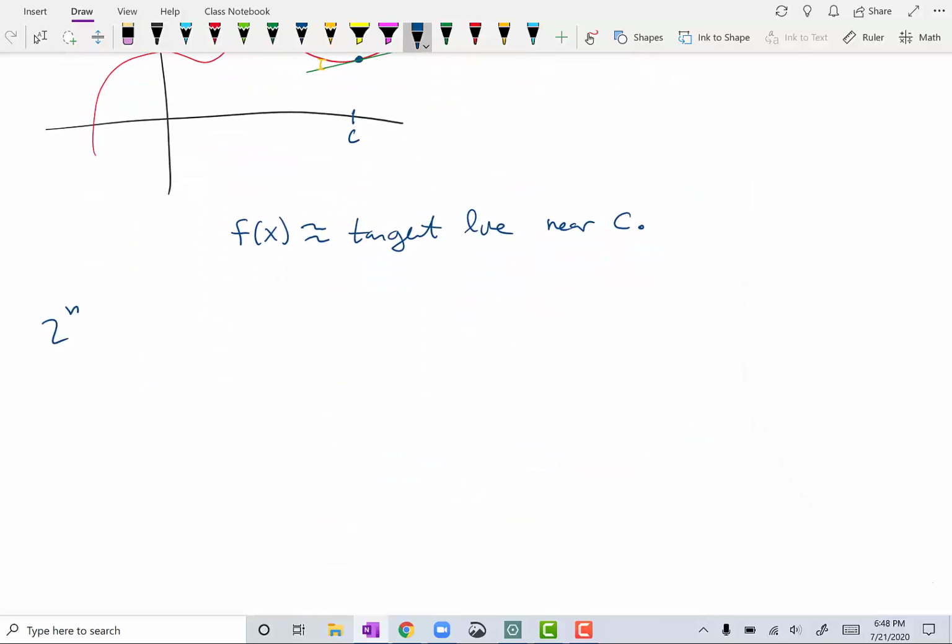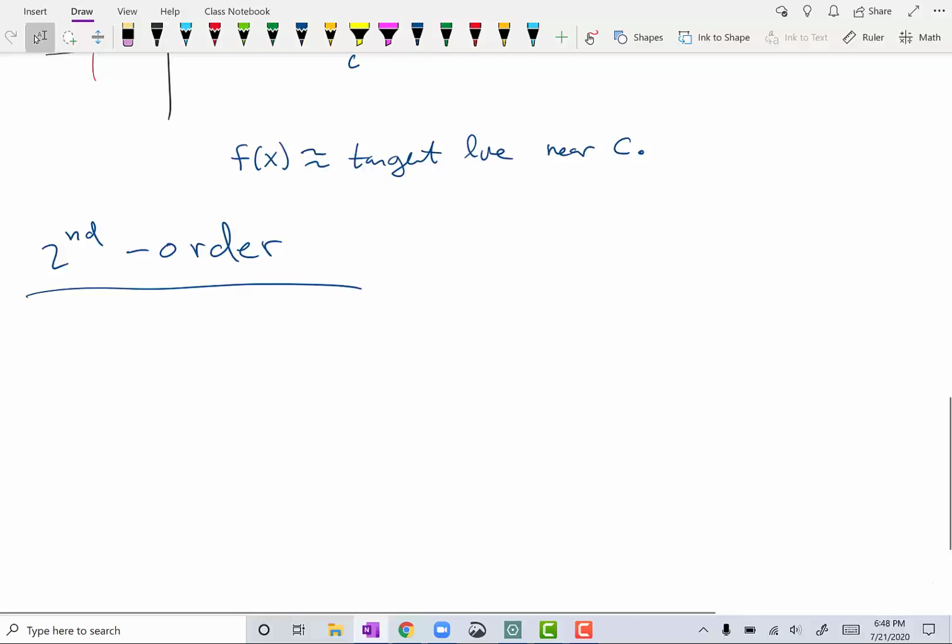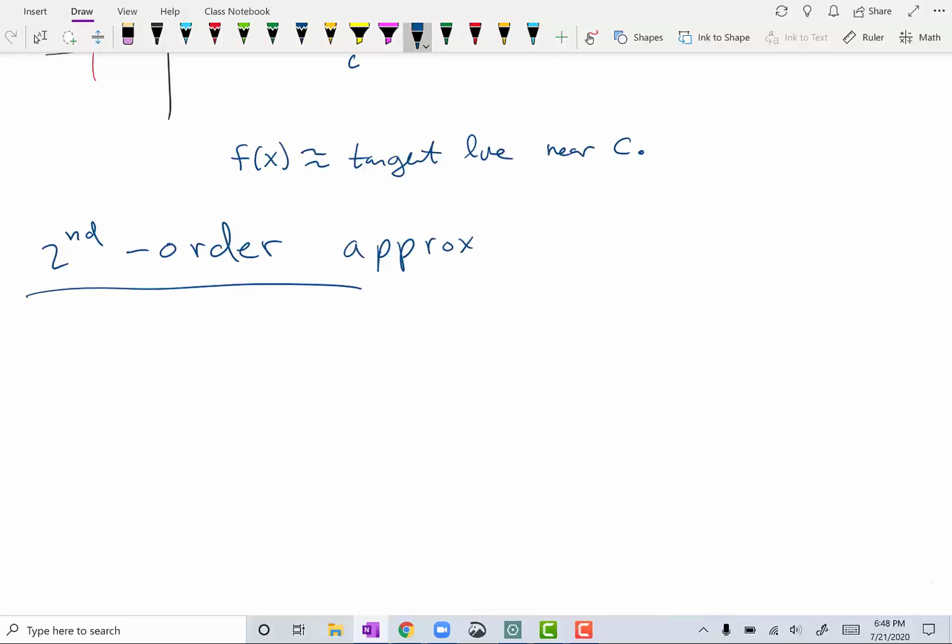But you can continue this. I'll just give you an idea. We're only going to go up to first order in this class, and we're really only going to do first order, not even worry about zeroth order. That's not quite true because we do zeroth order when we do integration. But the second order approximation, just to give you an idea of the pattern, if you want to get a better approximation, is